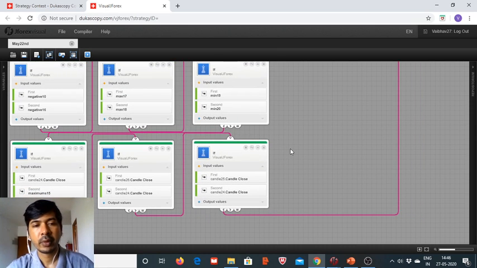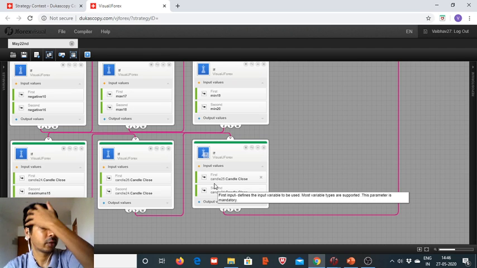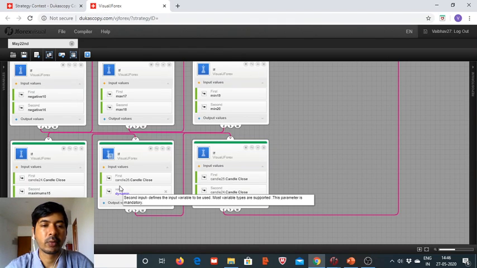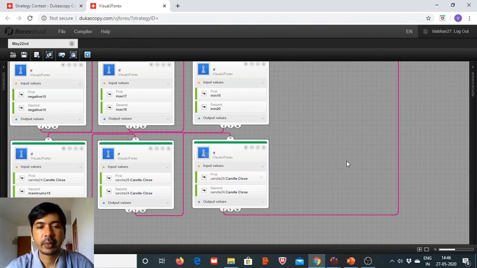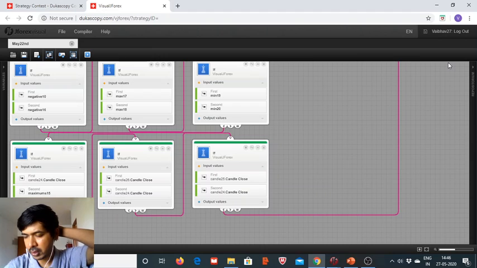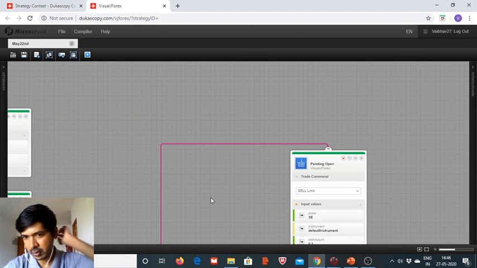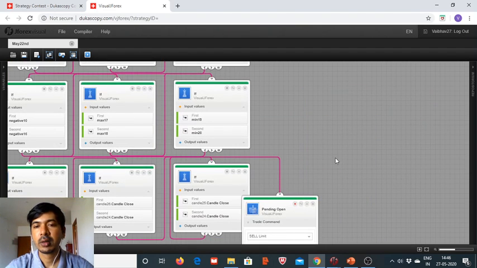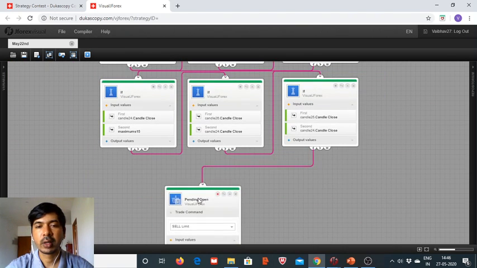So here whenever 1 minute candle price will start to fall below the last hour candle close, that is its candle closing level, last 1 minute's closing level is less than the last hour's candle close, whereas the penultimate candle had closed higher. In such scenario, our conditions will be fulfilled. So we save the file and we will do some testing to see how things are looking like on the